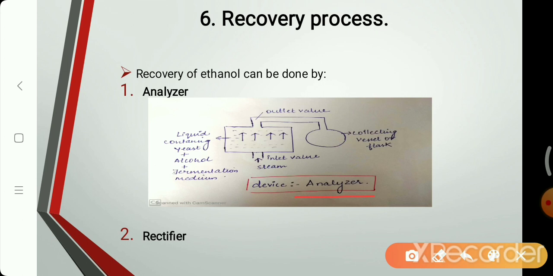So what we will do, steam of sterile distilled water that we enter from the bottom of the vessel. From here we will enter the sterile steam. Because the alcohol has a characteristic of evaporation, it will evaporate at a high temperature with steam, and so the steam collects in the collecting flask, or we can say vessel. As we know that ethanol has a hydrophobic nature, so it is easily differentiated from the sterile distilled water, and this is how we obtain the ethanol.